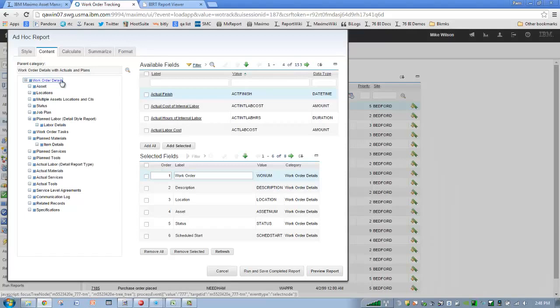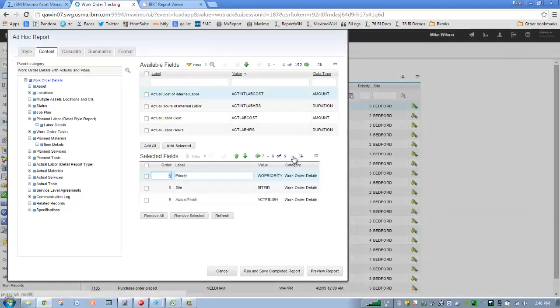I'm going to come back to work order details, and let's just build up the content a little bit and show the different ways that you can add individual attributes. Our dialog has been updated in 7.6, and we now have a couple of different ways that you can add a field. So here I'm in work order details. I can simply click on the hyperlink of the attribute and it will automatically be added. Let me show that. If I navigate to the second page of my selected field, here's the actual finish attribute I added. I could also do the select box, check individual fields, click add selected,